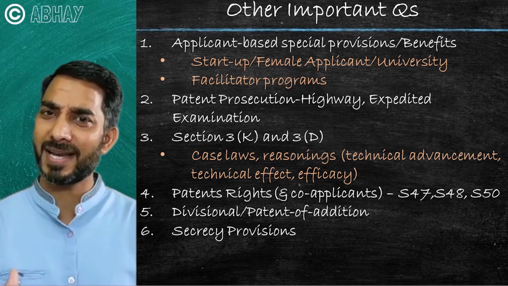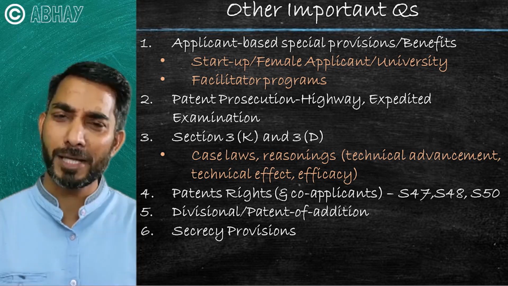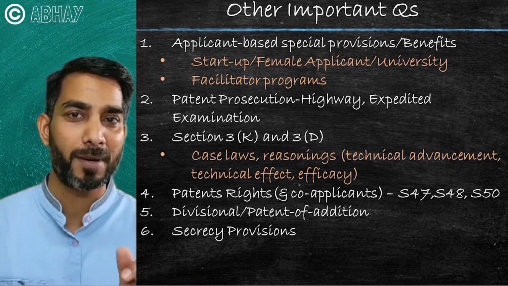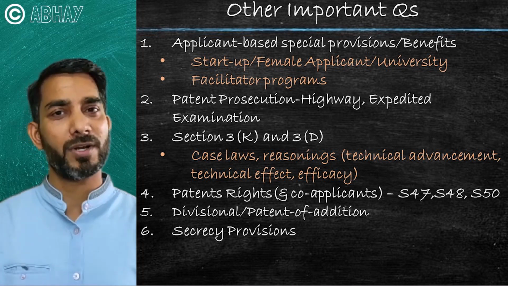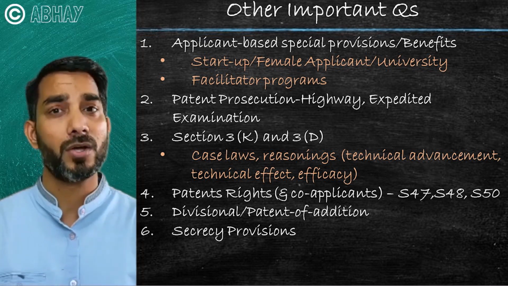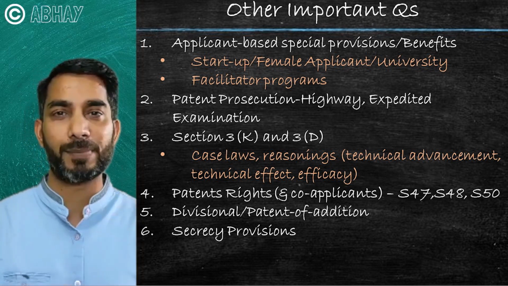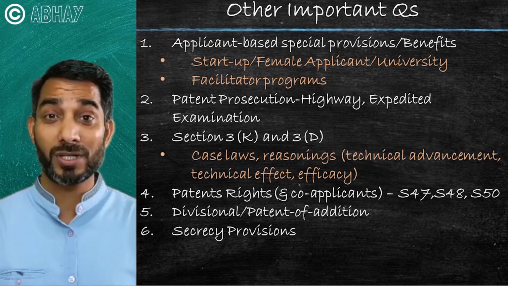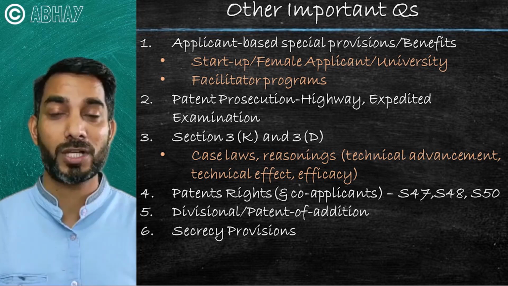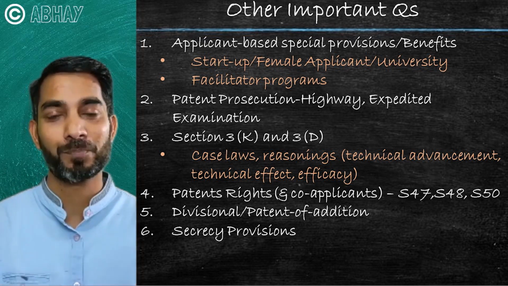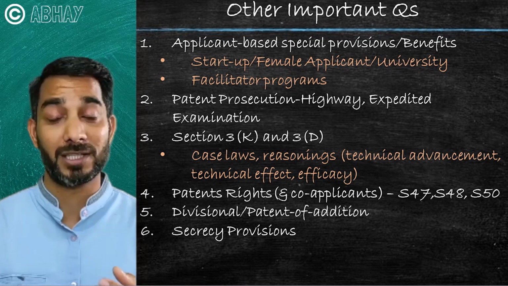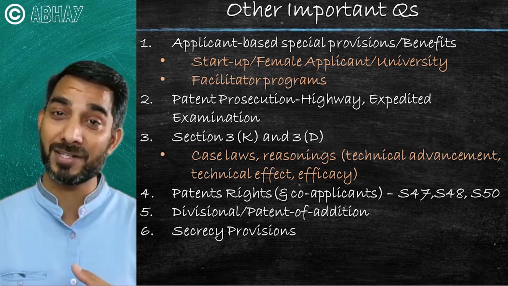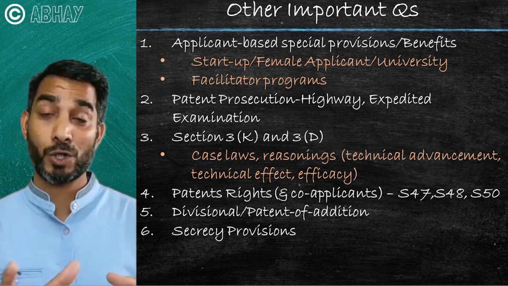The question will be directly worded in a way which would make you think that they are talking about modification, they are talking about improvements, therefore I need to file a patent of addition. Or the application has multiple inventions in it, therefore the controller is asking me to divide the application, which is a divisional application. So the timelines around it, the process around it, you should create a comparative chart so that you know how a divisional application is treated and how a patent of addition is treated in terms of the term of the patent, in terms of the renewal fee that you need to pay, in terms of substantive examination or not,